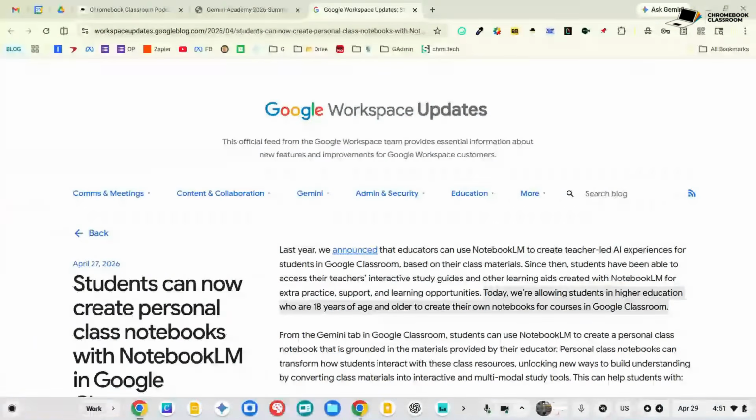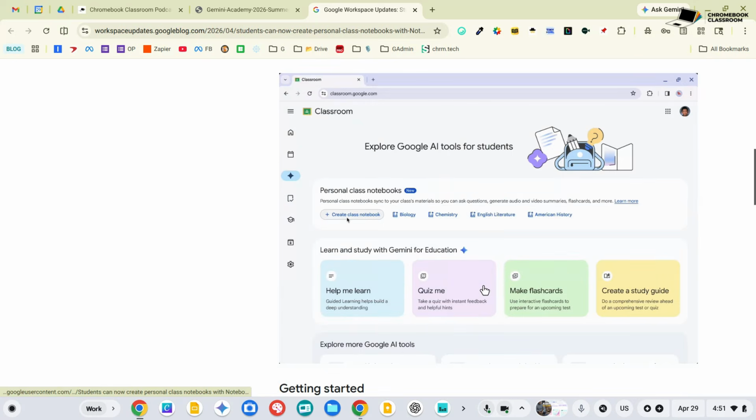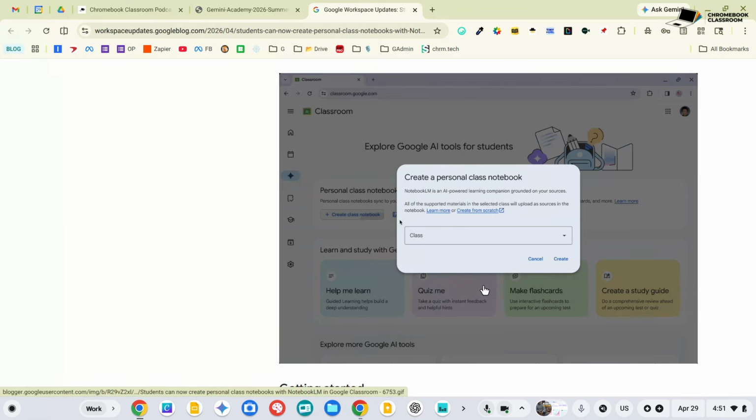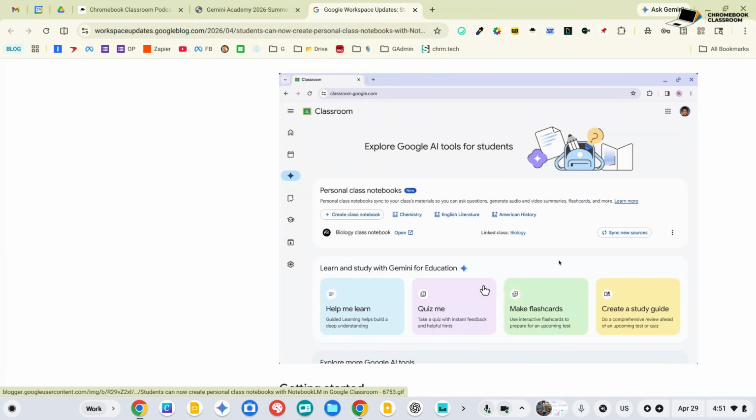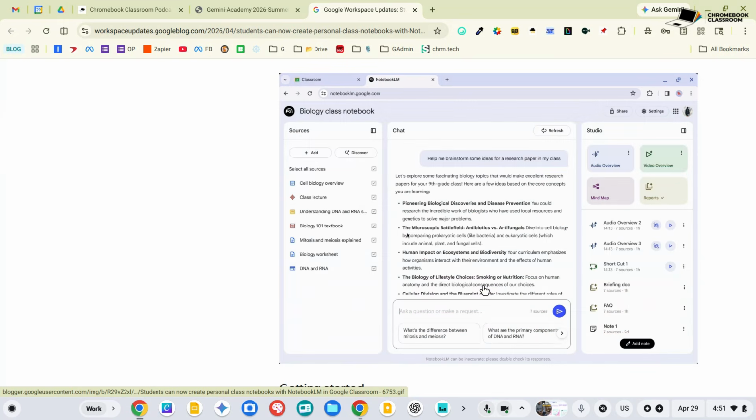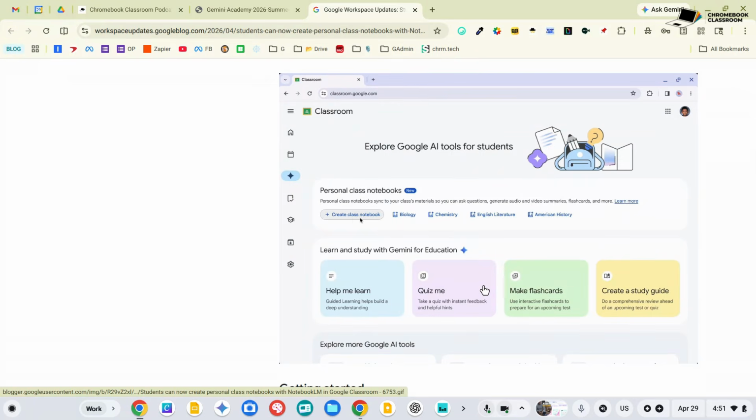Some of you may have played around with this. If you go into Google Classroom, you click the Create button, you as a teacher will see the Create Notebook button, and you can design and create a notebook from your material. This feature was always teacher driven, so the teacher had to do this and then share that notebook with students. There's pros and cons to this. The notebook that is created is owned by the teacher and is read only for students. So they can look at it, but they can't add anything or customize anything.